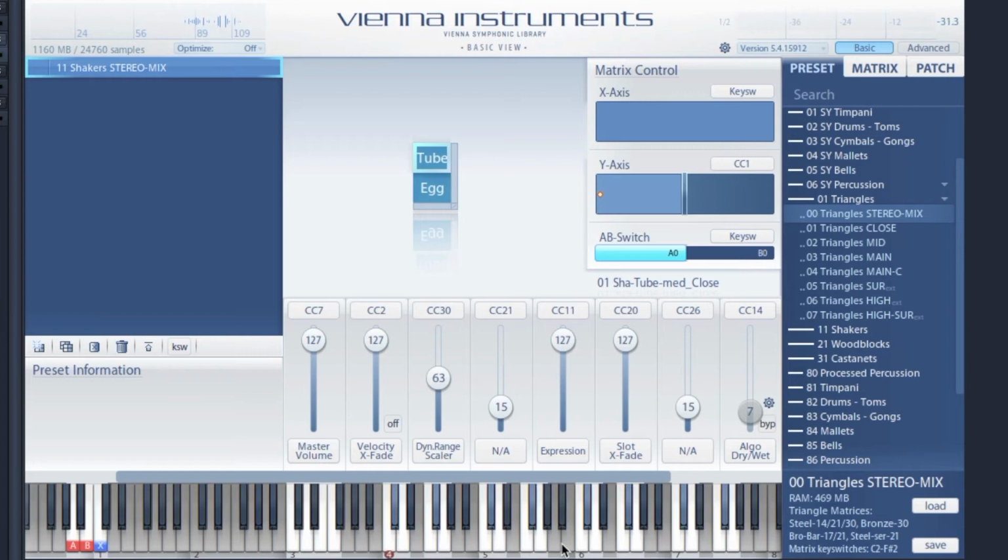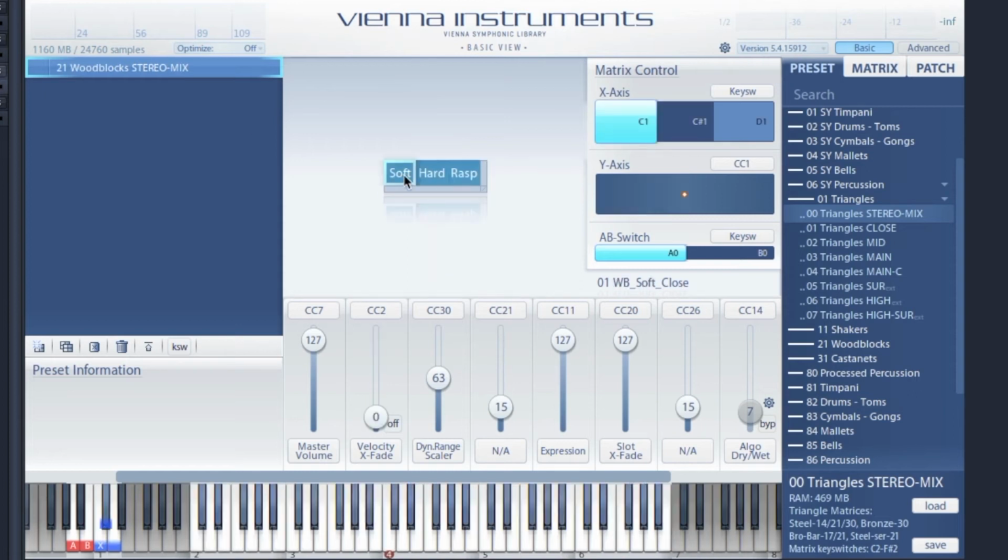Simple but effective. All 5 sizes of the wood blocks were mapped over the whole keyboard, starting with the largest wood block from C2 to the smallest on C6. Of course, you get different articulations across the octave, like this. Center hits on C and D, rim hits on C sharp and D sharp,